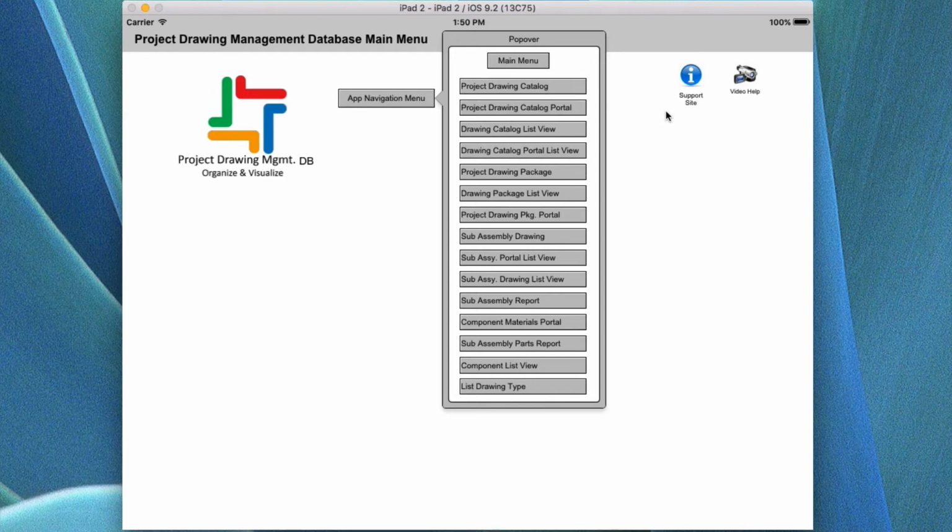So this is the starting point for this iPad application and this iPhone application. It can be used on either. Now this is the light version. There is a cloud version, and the cloud version has different functionality, and you can upgrade to that at a later date. But this one is made for individuals, especially the sales and marketing group and project engineers that are in the field,